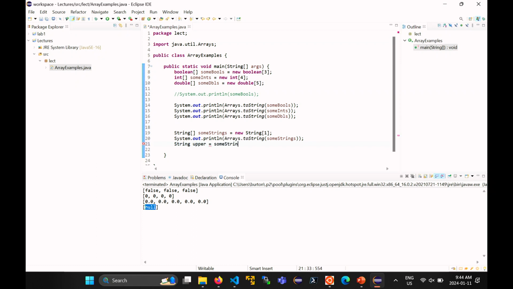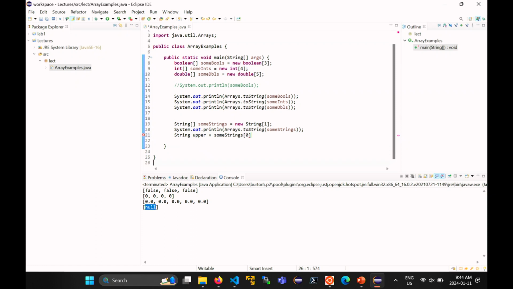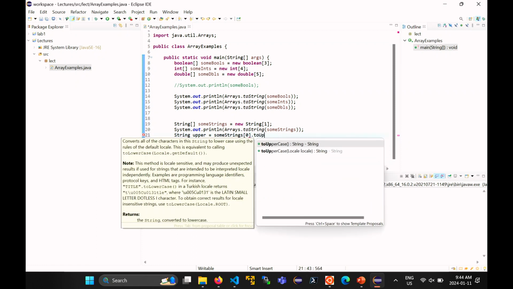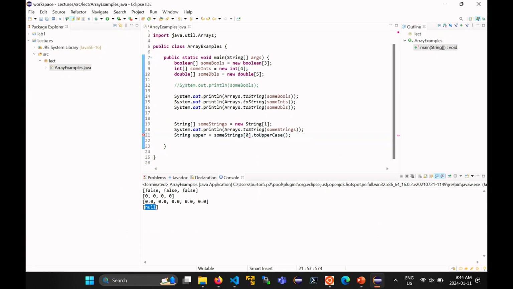I should have picked a shorter variable name, but anyway. To make a string into uppercase, you just call its toUpperCase method like that. So some string 0, that is a string reference. That's the first element of the array, and I know that I have at least one element in that array. To ask that string reference to convert the string to uppercase, you call the toUpperCase method. So if you try to do that,